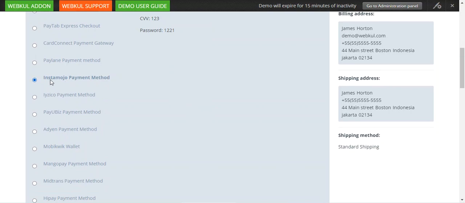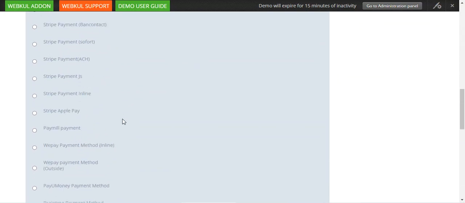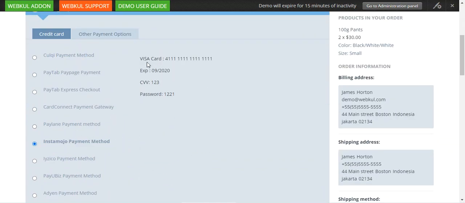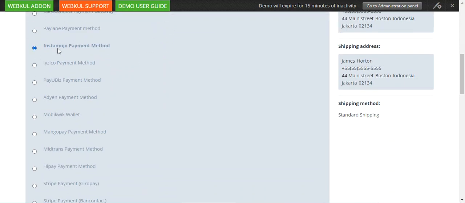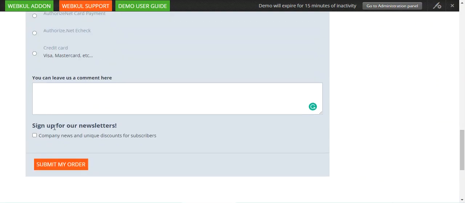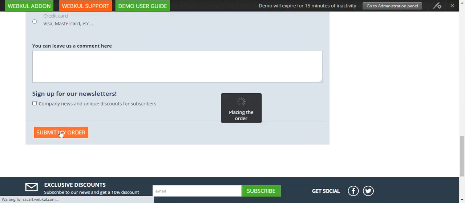So the customer needs to select the Instamojo payment method, and then if there are any details of the payment method, that would be visible to the customers on the right hand side here. So for this demo purpose, we have provided the card details, its expiry, the CVV and the password that can be used for placing the order. So after selecting the payment method, the customer just needs to tap here on the submit my order button, and tapping that would redirect us to another page,